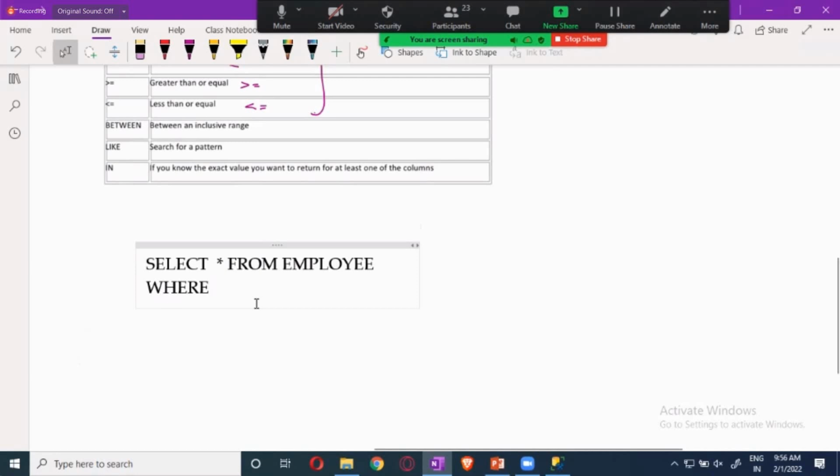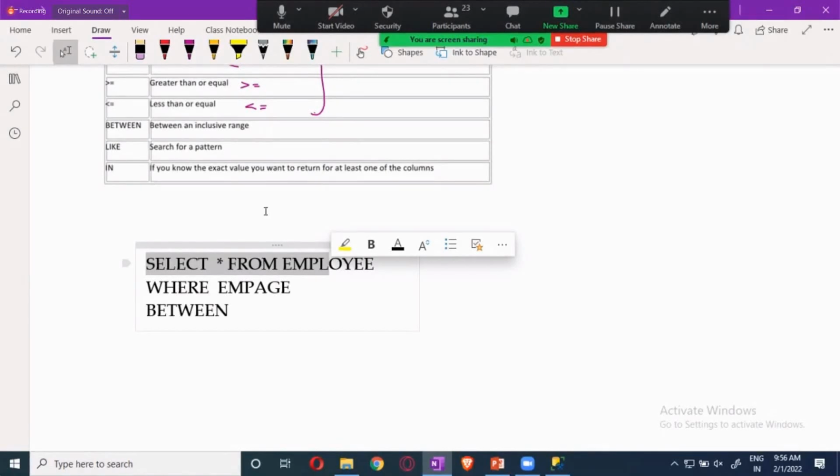So here I will give the age column over here, EMP age, and then I will use the between over here. Now you can go with this down also, guys, to make it very comfortable. So you can use it like this.